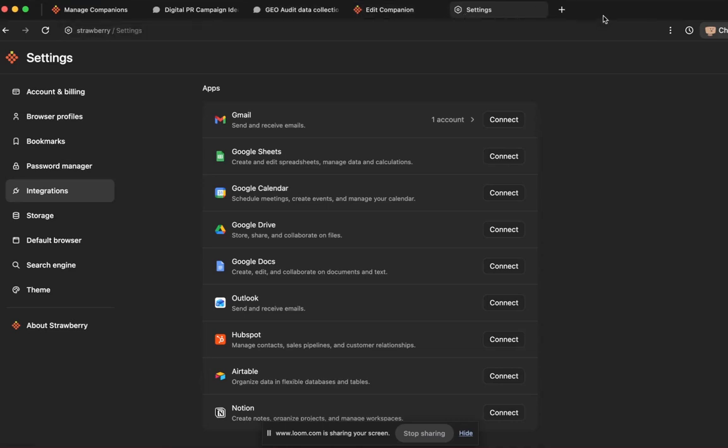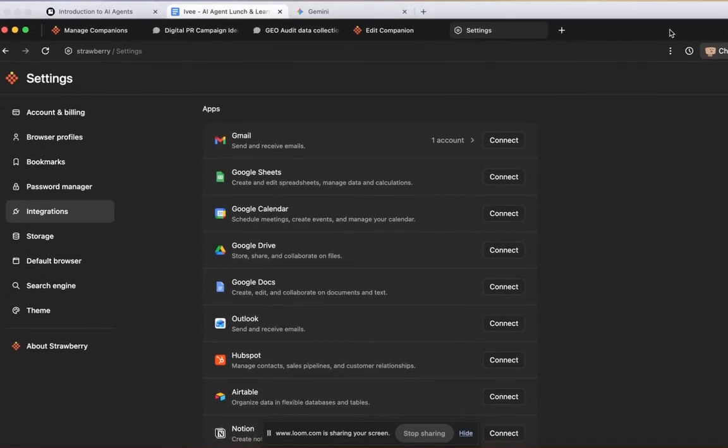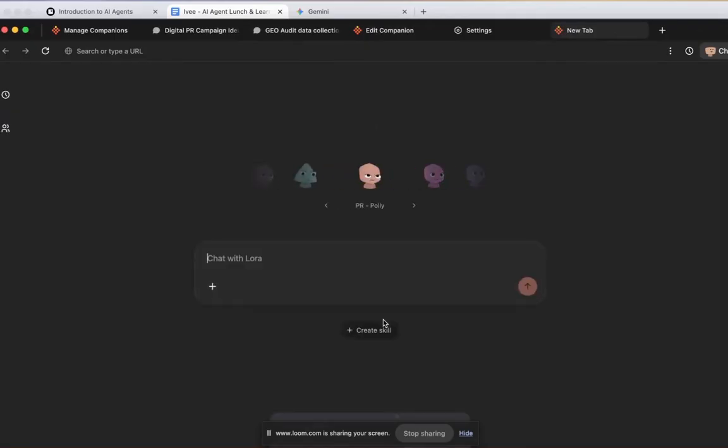So if I just then come back to the browser, and come back to these companions, I'm going to go to Polly, and I've copied and pasted that prompt into Polly, and so therefore Polly will go ahead and follow the actions that I give it.